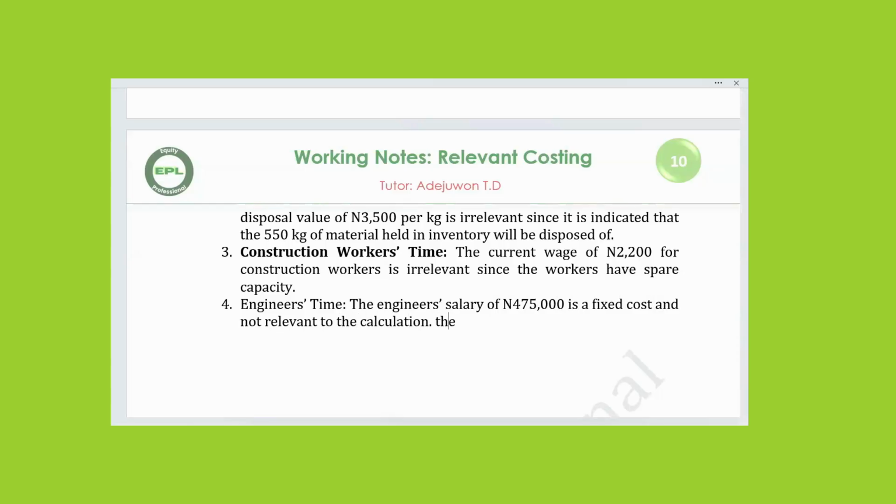Full stop. The only relevant costs associated with the engineer's time,